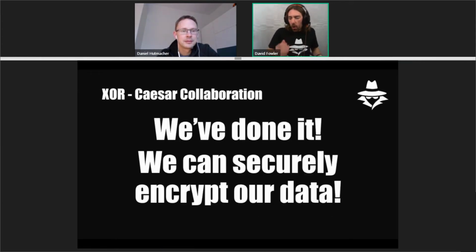So now we have it. We can now securely encrypt all of our data so that it is now resistant to a brute force attack. So now, next time, our dirty little thief comes in, steals all of our data and goes running off with it, we can laugh at him. We can laugh and we can point at him because we know he can't read any of our data.